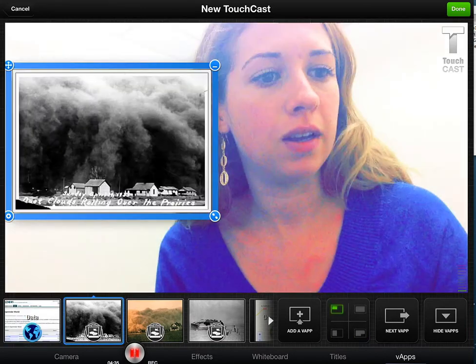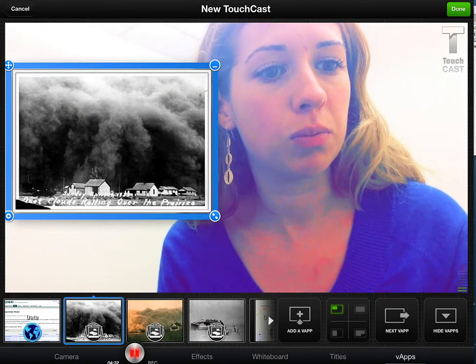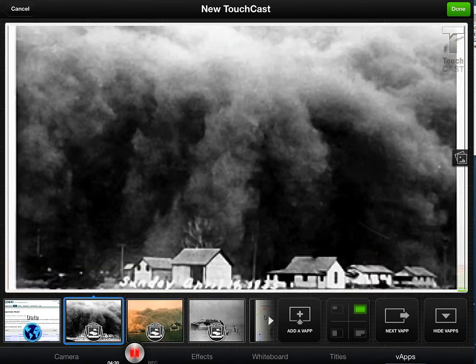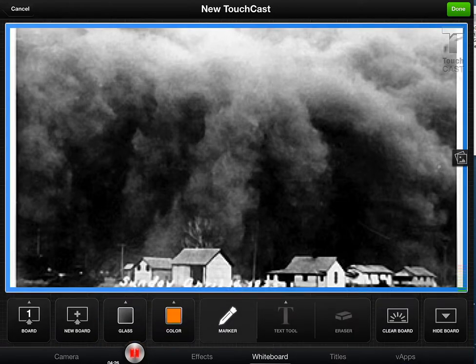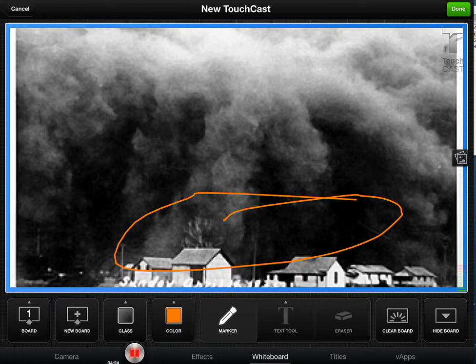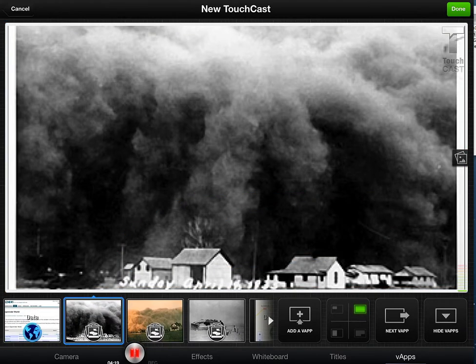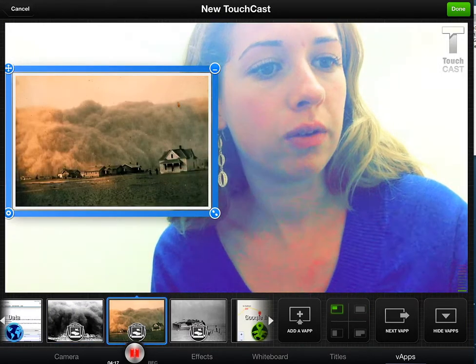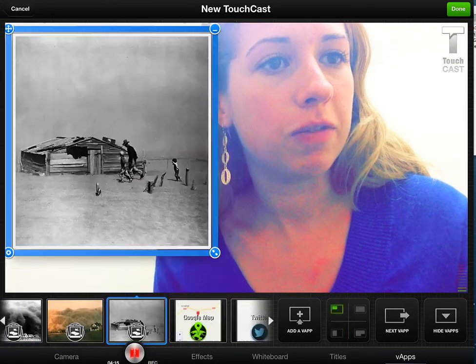I'm going to select Next V-app, and so the student is presenting on the Dust Bowl. They can enlarge the photo, and then they can go into the whiteboarding feature and mark it up like a traditional whiteboard option. Again, I'll just scroll through my different types of media,